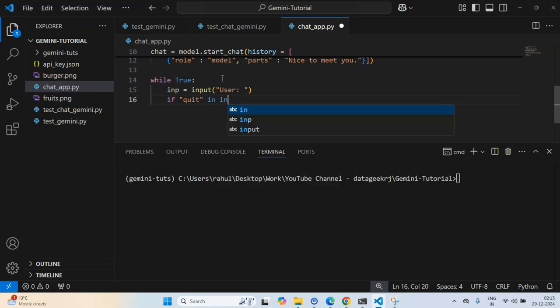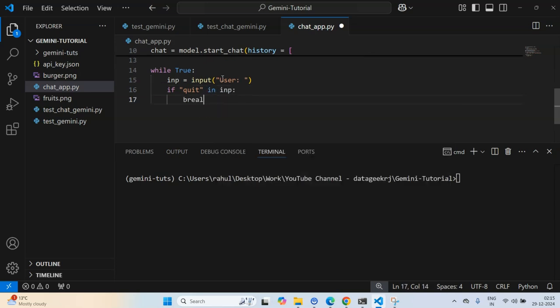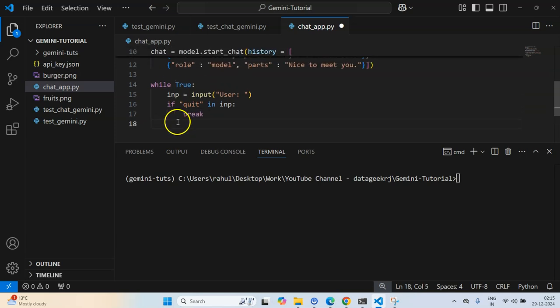If quit in input, I'll break out of this loop. So if I'm typing anything about quit in the input, although it's not very thoughtful, for now I'll go with it. If my input contains the word quit, I'll assume that they want to quit the chat.